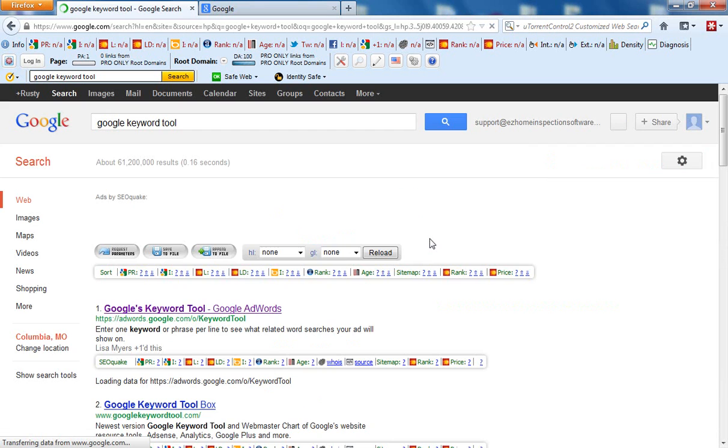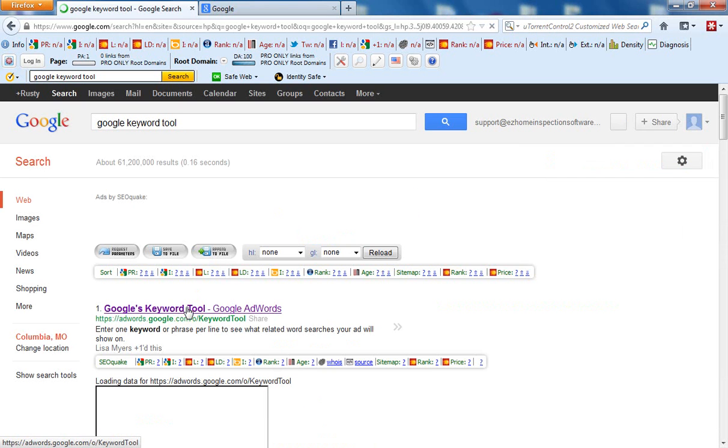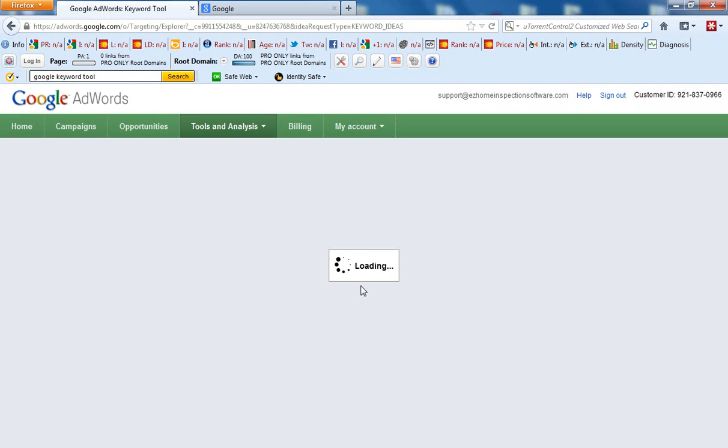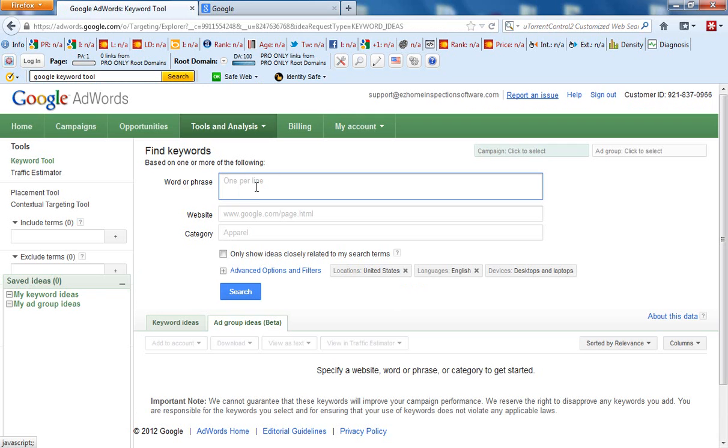You can find it by just searching in Google, and then it's usually the top result here. So if you're an inspection company, you want to think about what people would be searching for in your area. So for example, if you were in Las Vegas, we would type in Las Vegas home inspector, because it's likely somebody would search that in Las Vegas to find a home inspector. So I'm going to go ahead and click search,